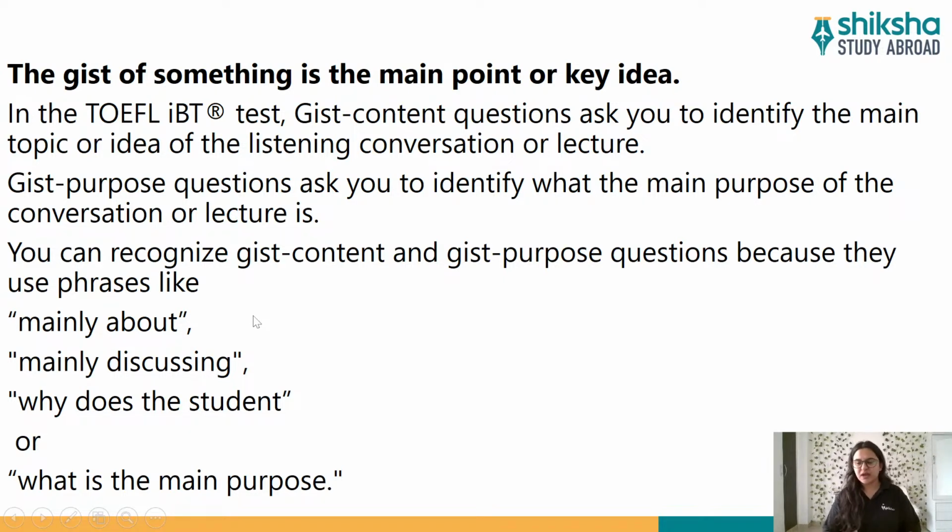So these phrases are kind of a recognition, how you can actually recognize what kind of questions you are attempting. Okay, so the phrases might look like in the question, mainly about or mainly discussing, why does the student, or what is the main purpose. These can be the highlight phrases or highlighting keywords for these particular questions, so that it's easy for you to recognize that you're attempting gist content or gist purpose questions.